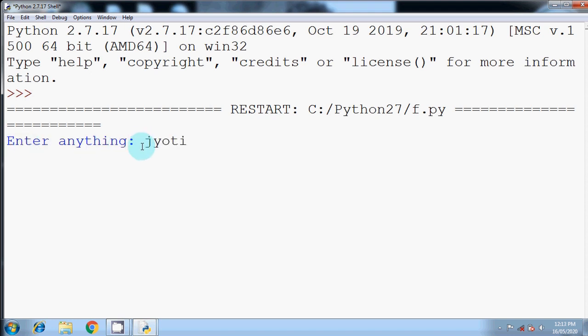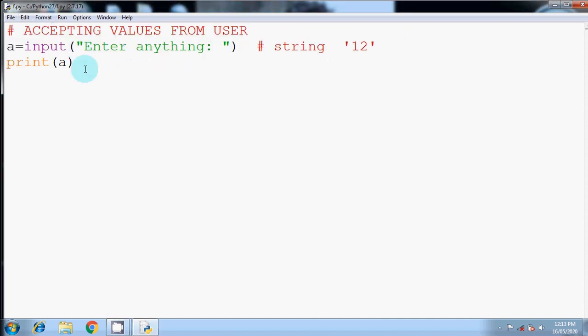Now I have to enter any particular value, like if I enter Jyoti, then the message Jyoti will be printed here. Now in this code you can see that the only thing that is visible in the output screen is this part, that is the prompt given by the input function to the user, which says that you have to enter a particular value.